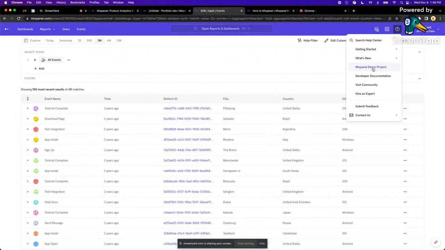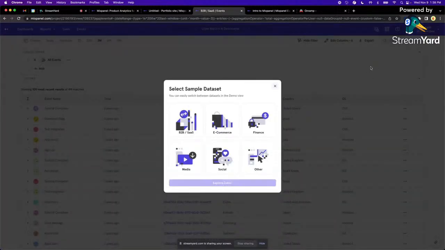But when you're just starting, you usually pick one demo project. When we were first getting started with demo data, we were like, okay, what do we want to signal about what kind of data our platform is for? Yeah, so you have SaaS, e-commerce, finance, media, social, and other. But this is pretty mature to me, because usually when you're starting, you just pick one demo data set to tell your story.